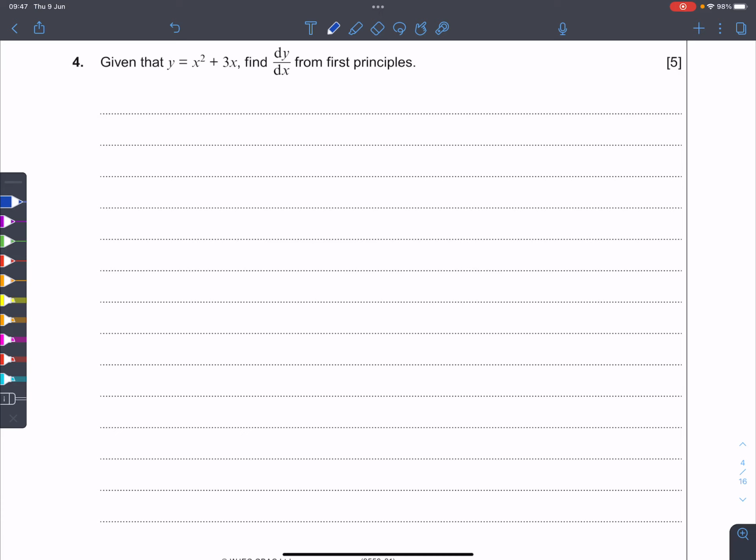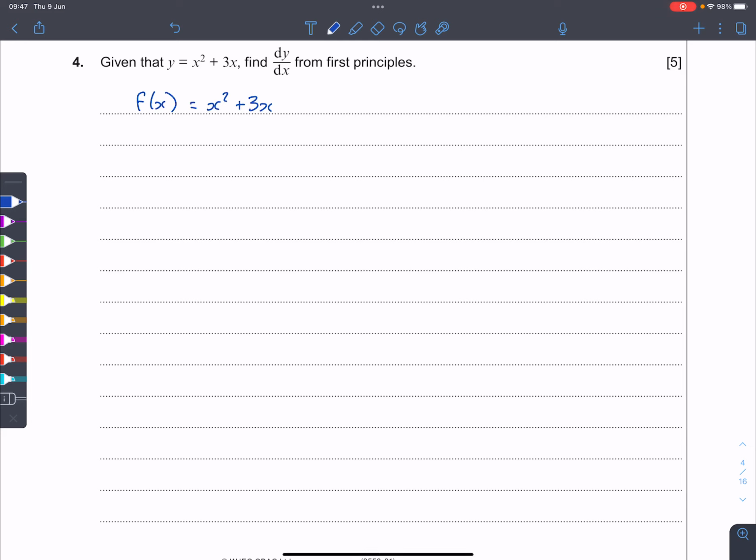Okay, this is the 2016 edition of Maths paper. We are looking at question 4, which is a differentiation from first principles question. Now, some people like to use y in this and then use y plus delta y in their proof. I don't like doing it that way, so I'm going to rename this straight away f of x. So my function of x is x squared